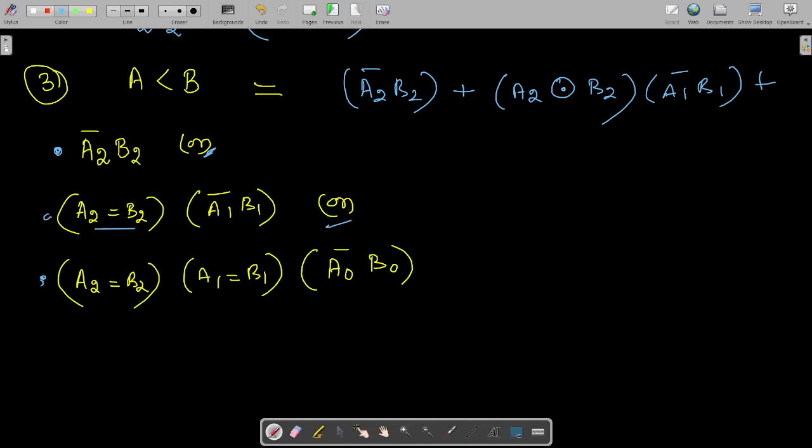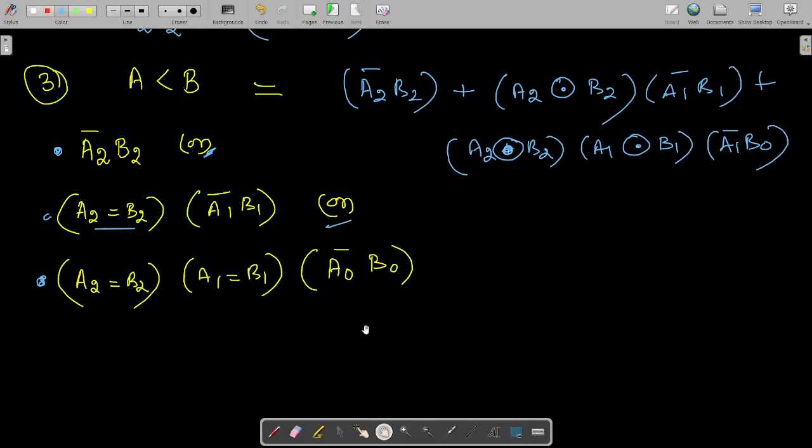Now the third condition is A2 equivalence B2, sorry, equivalence operator, A2 XNOR with B2, then A1 XNOR with B1, and then we go for A1 bar B naught, right?